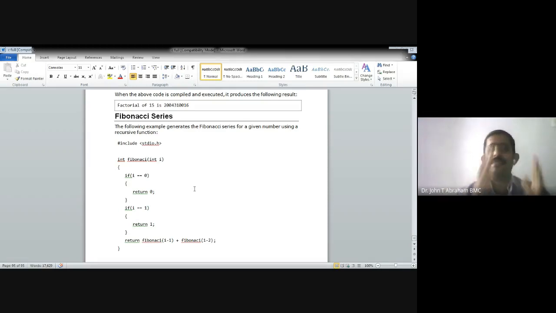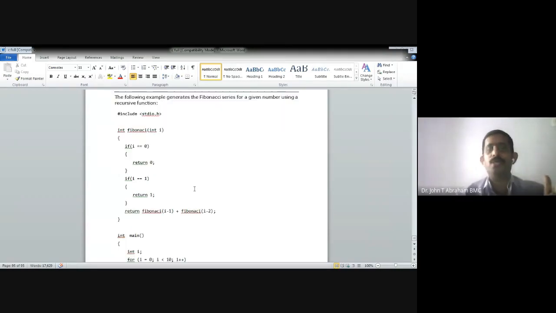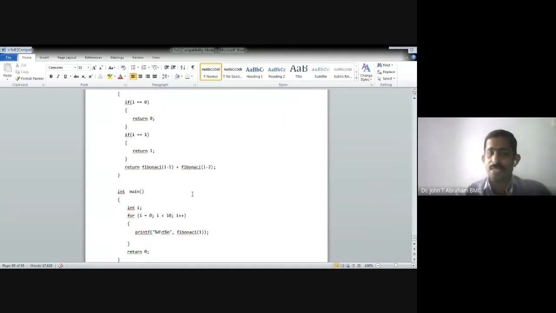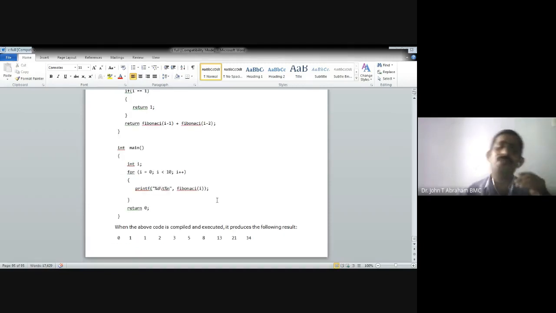Like that, the previous two numbers are added to get the current number. See, return Fibonacci of i minus 1 plus Fibonacci of i minus 2. That is calling a function by itself. Like that, we can write the Fibonacci series very well.